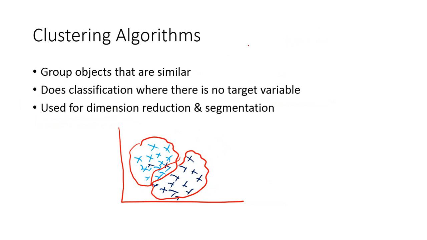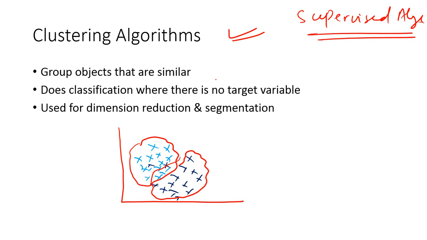The next one is the clustering algorithms. Clustering algorithms, unlike what we have seen so far, which can be considered supervised learning algorithms because you have a target variable, are purely unsupervised learning algorithms, which don't use a target variable for classification. What it does is group objects into different types, the similar objects being one type. If you can see in the picture,